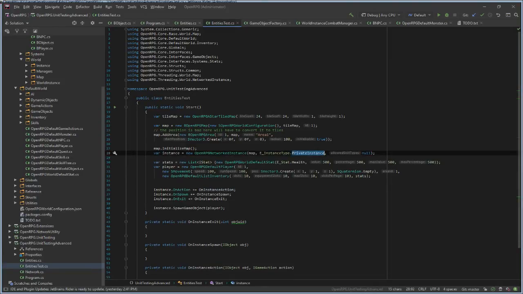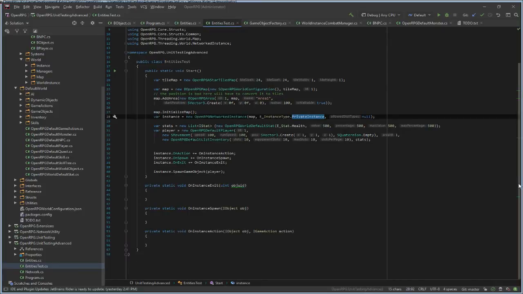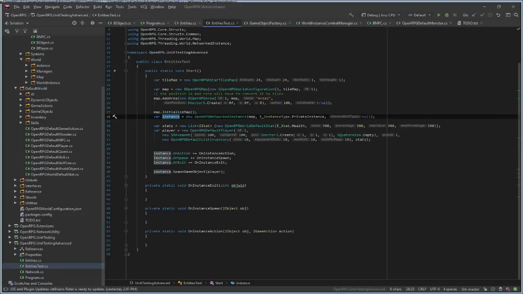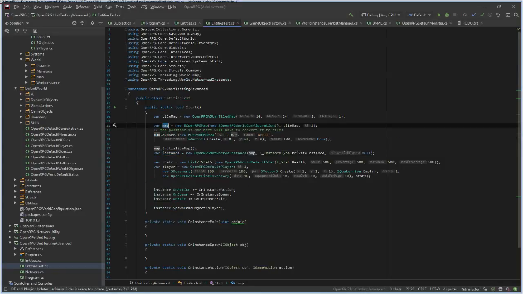This is a private instance, so only this player, or in the future this player and his guild mates or party members, can enter this specific instance. So we can just create this private instance and teleport all these players into it, so they all have their own version of this map.